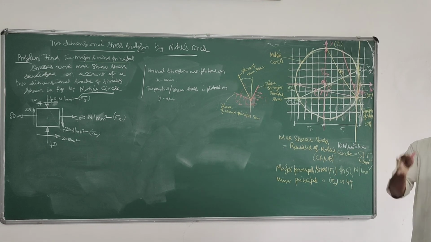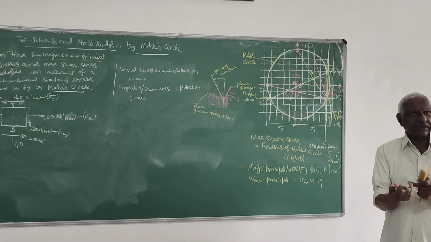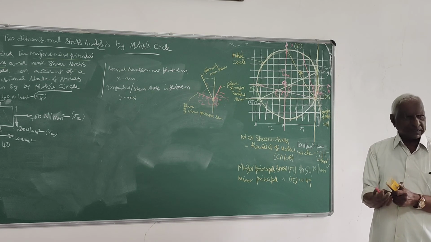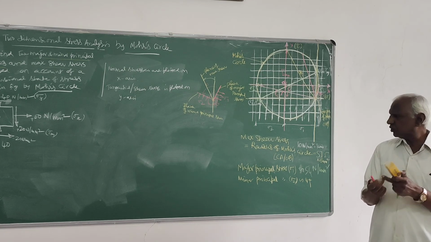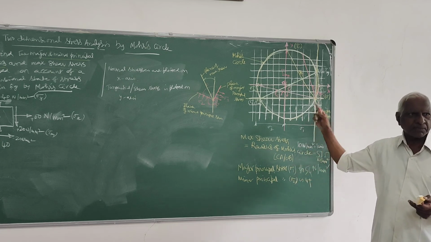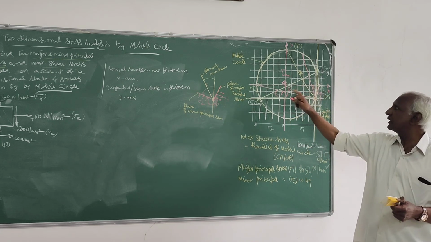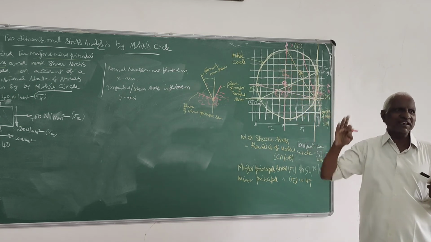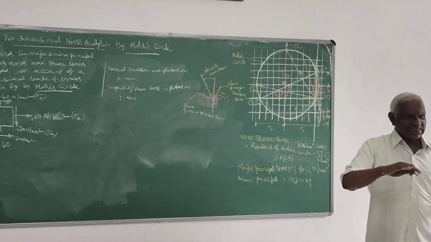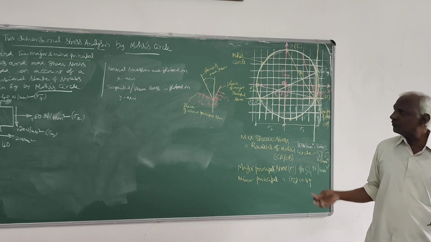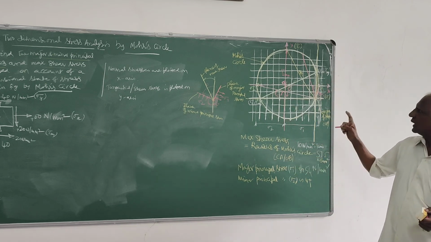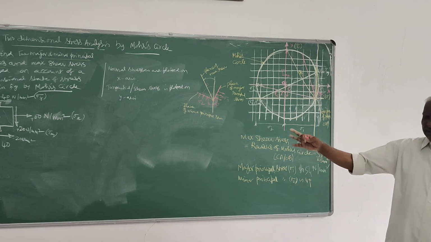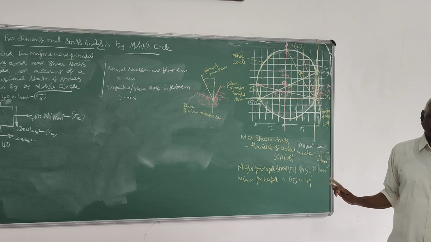All the things: on any plane, how to find normal and tangential stress, then how to find principal stress, major and minor, and how to find major and minor principal planes, and how to find tau max, and the plane again on which the tau max acts. All stress corresponds to a plane. Everything you can determine by this Mohr circle. How to draw the Mohr circle? I explained. This is very important.